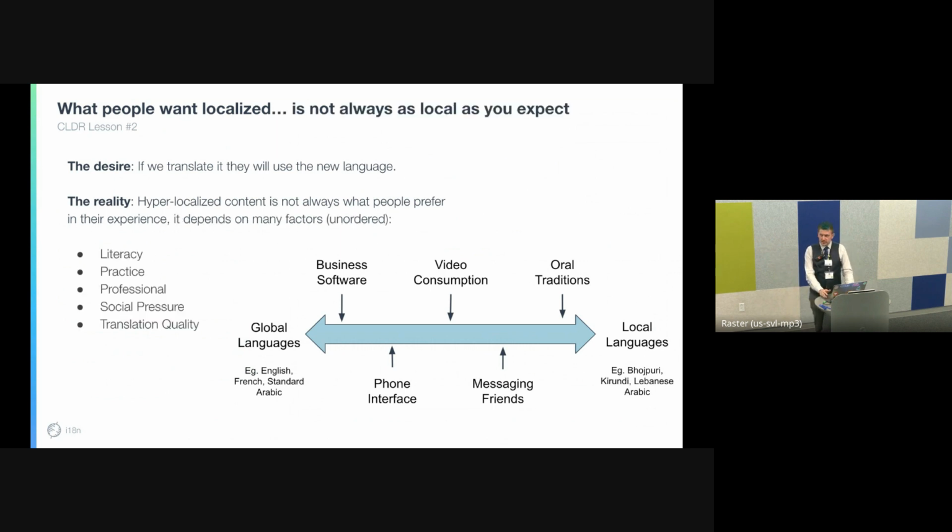There's lots of reasons why people do this, and we were working on how we educate end users to adopt these languages. And sometimes they're like, no, I'm happy using English, and I'm like, but we just translated your language. But you have to meet people where they want it. They say, you're an American company, you're not local to us. We'd rather just have your interface in English. So sometimes it's not just if you build it, they will come. It doesn't always work like that.